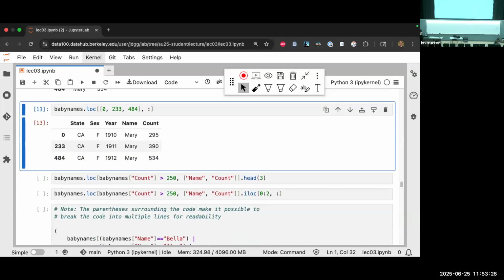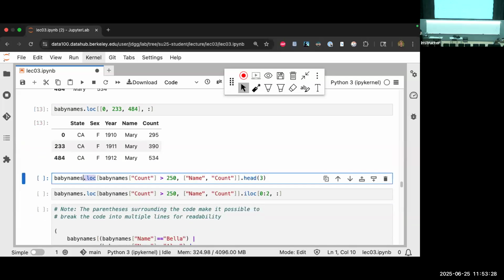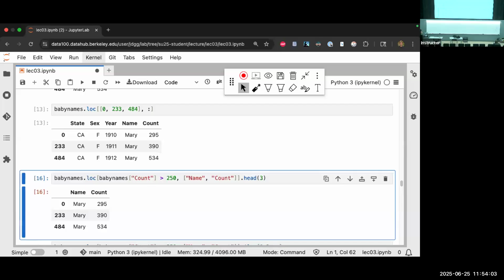What else? So .lock. We've got .lock now. So again, two arguments here. We're saying Boolean, grab everything where the count is bigger than 250. That sounds right. Grab just the name and count columns. That's sounding pretty good to me too. And we're grabbing the first 3 rows of that data set. So I mentioned last time I often prefer sample over head when I'm exploring a data set. Head is very useful when you're intentionally trying to grab the top of a data set for some analysis. Let's say you want the highest number. Often I'll do the head of just one value and grab the very top of a data frame. So here's a very good use of head. Let's see, what do we get? That looks good to me. Okay, as usual, many different ways to do the same thing.